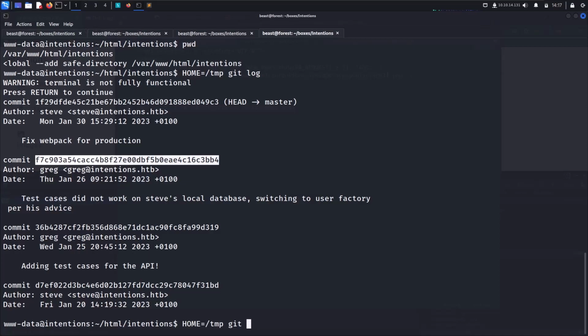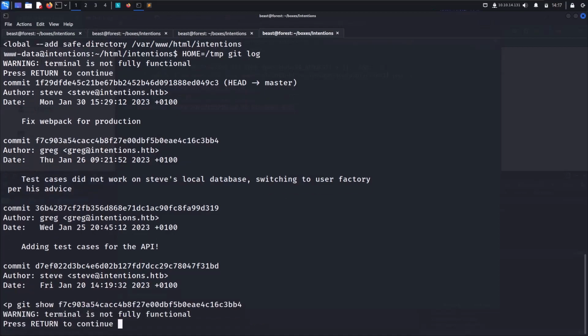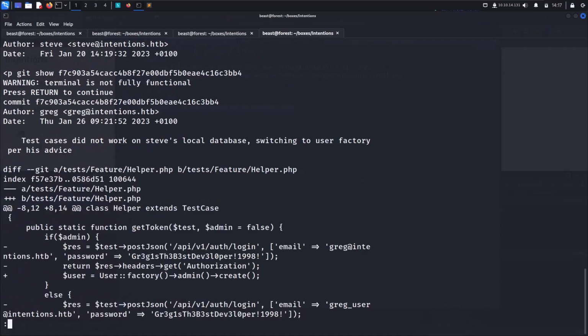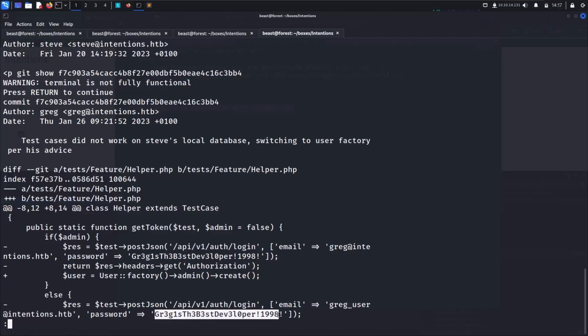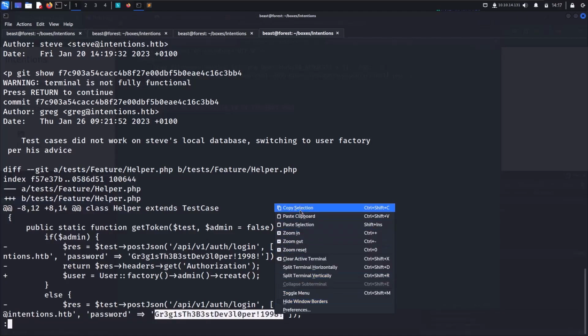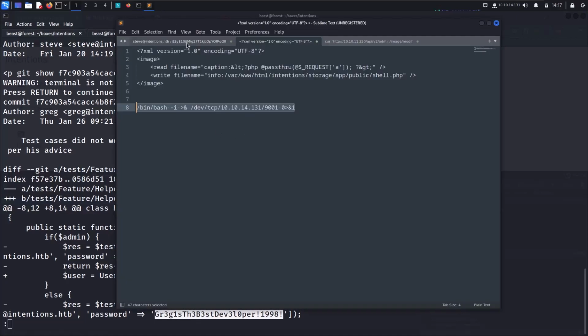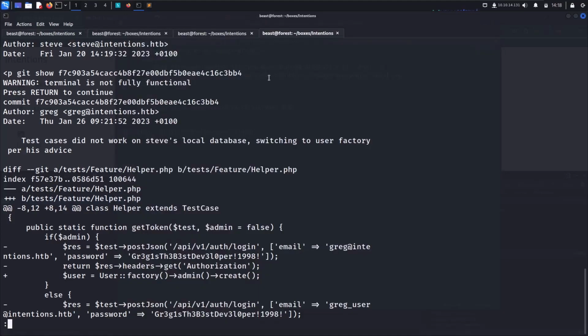Git show, the commit id, enter, and we can see there is a password for the Greg user. So we'll copy it and we will save it here. So Greg, control V,